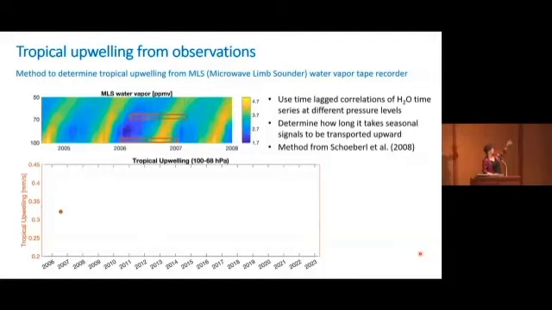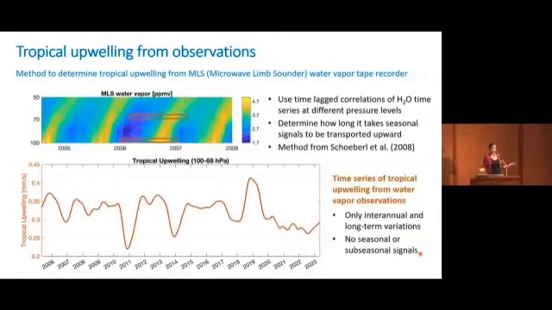And I'm just showing that here for just 1 point in the graph. So you do that for that time when you get 1 point, and it's really an average of the upwelling over that 1 year time period. And then you do that for all the time periods, and you find this time series of tropical upwelling. And what you see here are just interannual variations in upwelling. There's no seasonal or sub-seasonal variability in this time series due to the method that we use